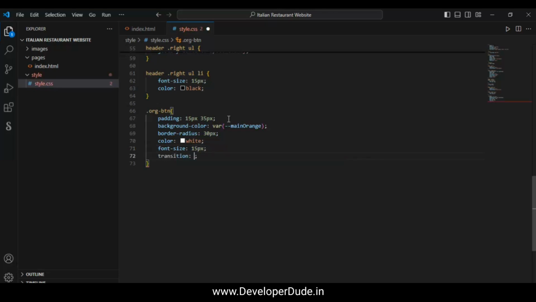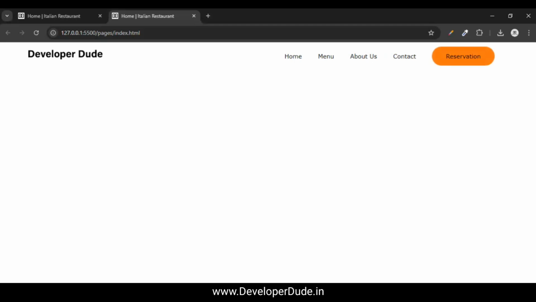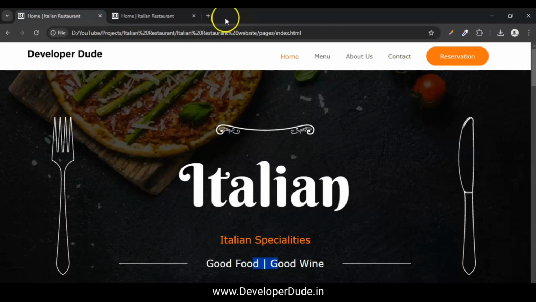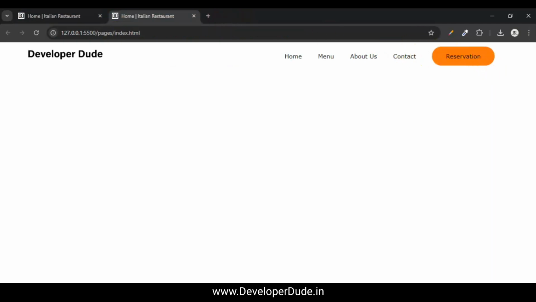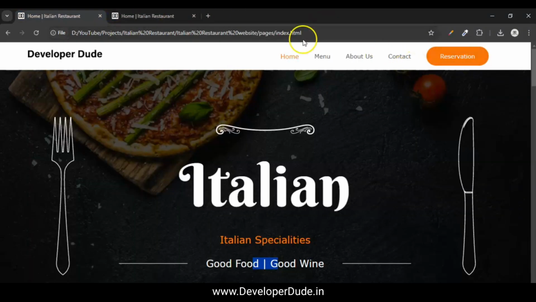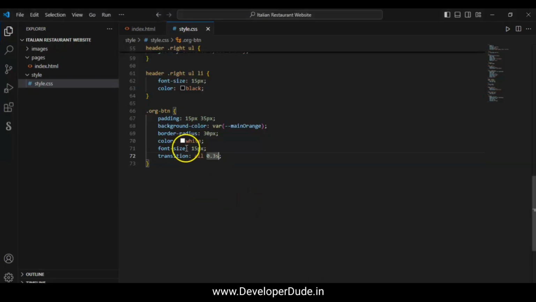Transition, this is for animation, 0.3 seconds. Let me show you. So here it is, you can see this button, this one and this one. So the text is, because we gave the li element color black, so what we have to do is